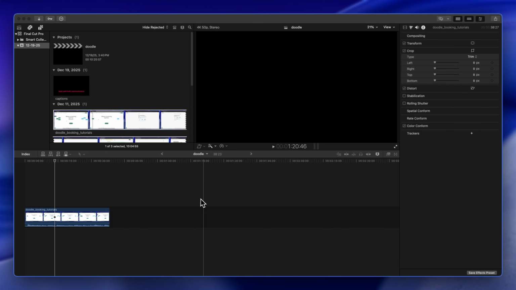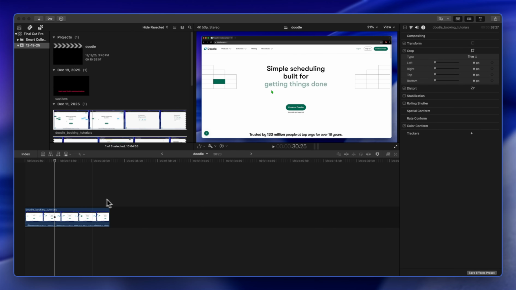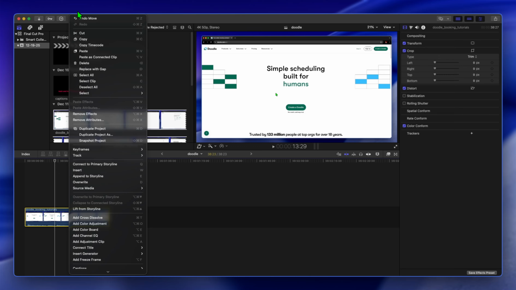Now the first thing I'd like you to do is load up the project that you want to color grade. Now the next thing is you also need to be sure that you're done with the transitioning and arrangement of the clips. Now once you're done, you're going to go to edit and you're going to come to add adjustment